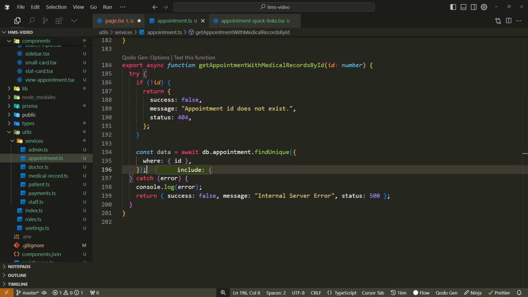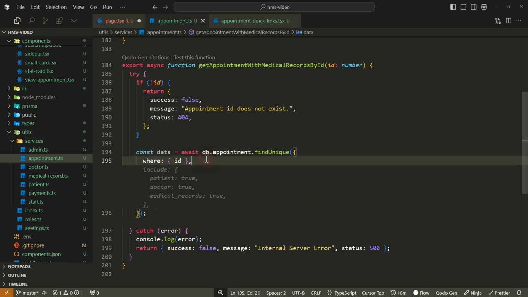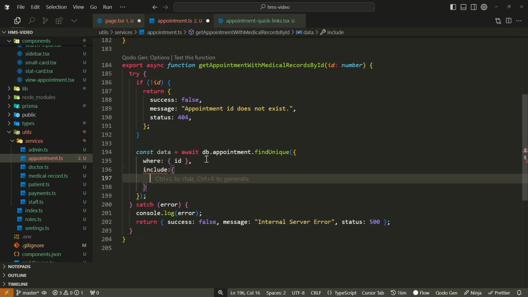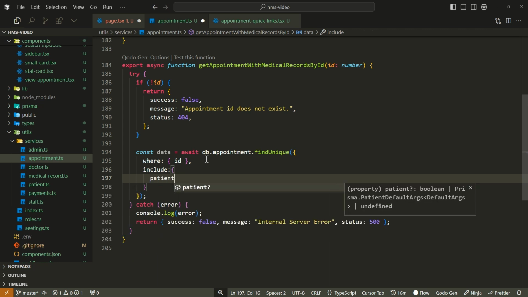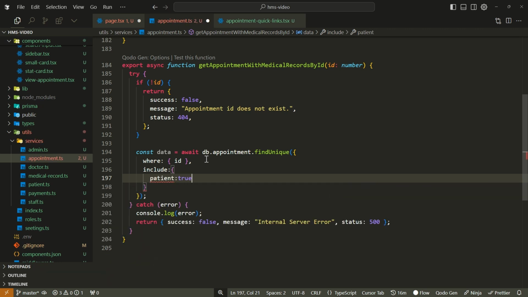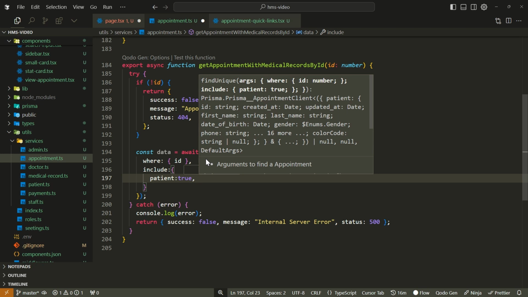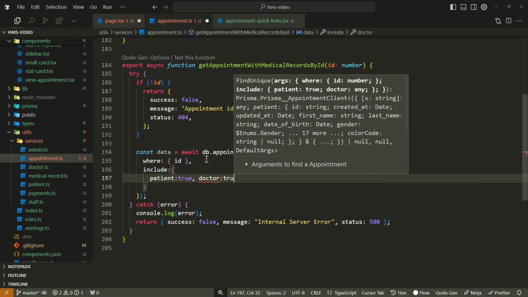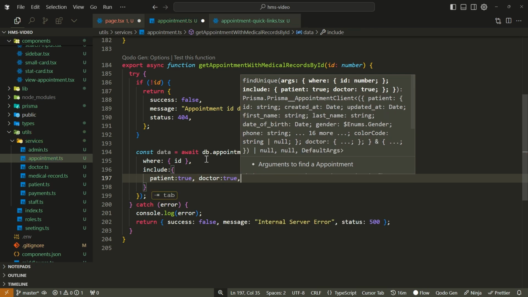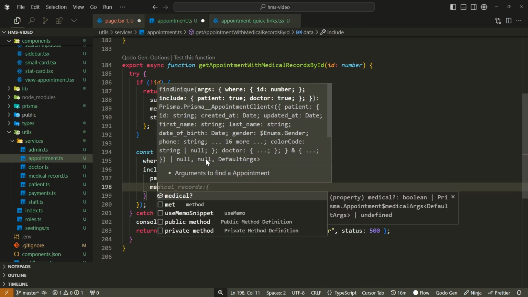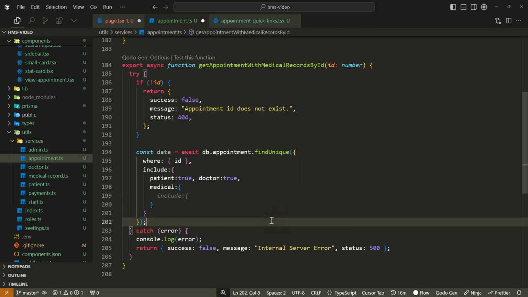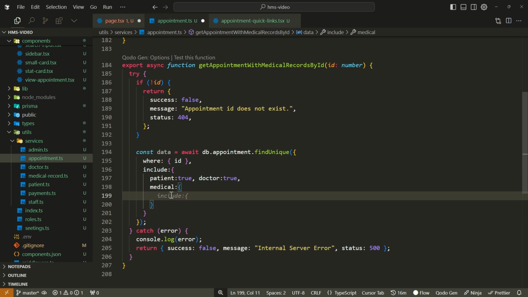Okay, so now let's begin to get the various fields that we'll need. So I'll say include. What are the fields I want to include? I want to include the patient to true. I also want to include the doctor, also true. Great. And I also want to include the medical. And inside the medical, instead of just saying medical to true, the medical also has the diagnosis inside it. So I'll also say include